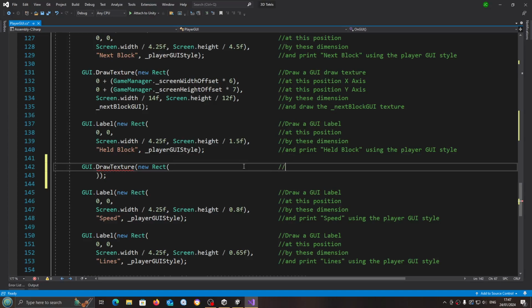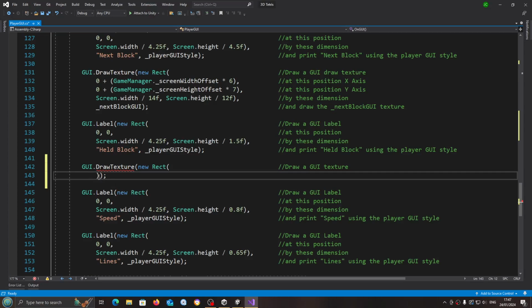So please pause the video during this part if you just want to check that you've got all the right brackets in place. So with that said, let's get this into the comments. So draw GUI texture. And we're going to come here,